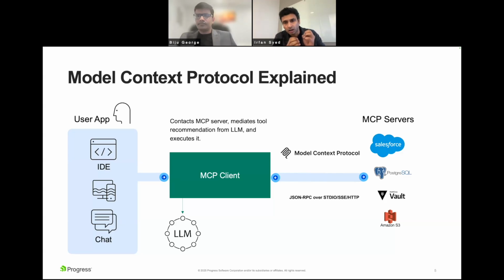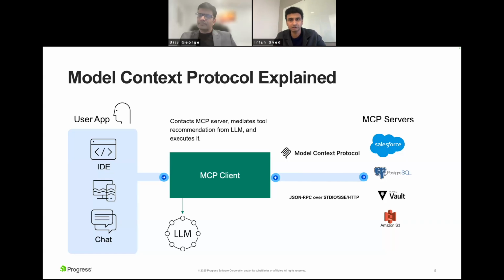Now, how does this work in the AI world? How does this help, or how is it different from your regular client server application? The difference here is that MCP client basically takes the user input and then it also interacts with the MCP server, gets the functionality of the MCP server, and asks the LLM for the given question that the user asked, what is the right API to execute? What is the right tool to execute? And then LLM being a judge, it recommends the right tool to you, which is an MCP client in this case, and then MCP client executes the tool and returns back the data to the user.